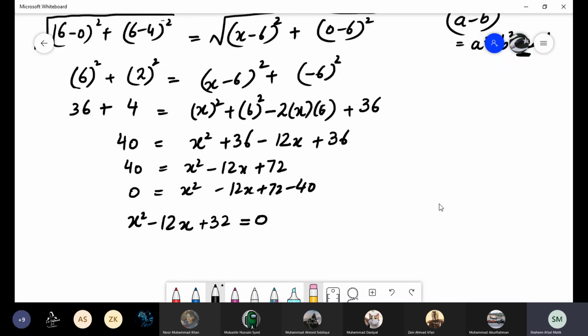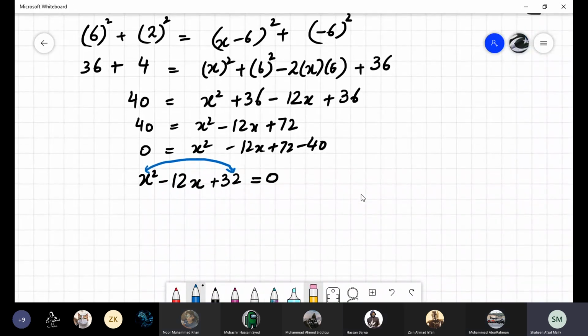So here there are three values. What will you do with these three values, boys? It is a quadratic equation, so we will use the quadratic formula. Yes, you can apply the quadratic formula, or you can make the factors. Which one is easy for you, making the factors or the quadratic formula? Quadratic formula. Why are you going for the hard one? Factors are really easy for this one. 32's factors are also easy, beta.